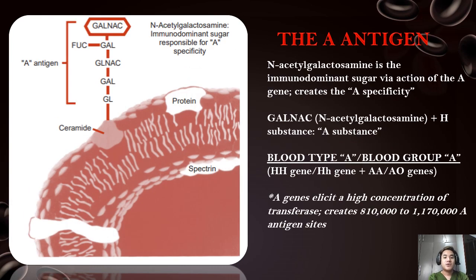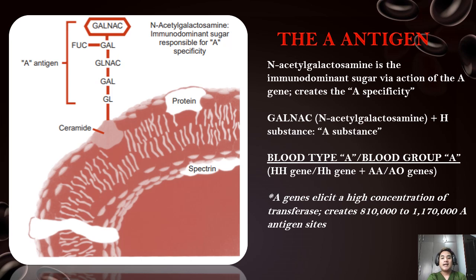So this is your A antigen oligonucleotide structure. Your A gene codes for the production of your N-acetylgalactosamine transferase that will transfer or facilitate the placement and attachment of the N-acetylgalactosamine to the H substance, which is a result from the inheritance of H gene. So now, you can obviously see or notice the main importance of the H gene for the formation and development